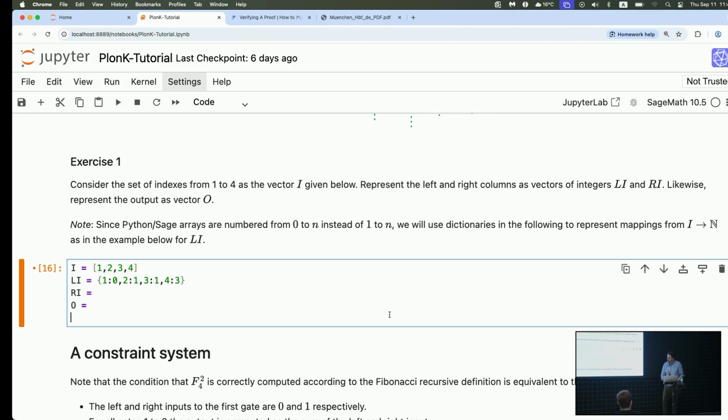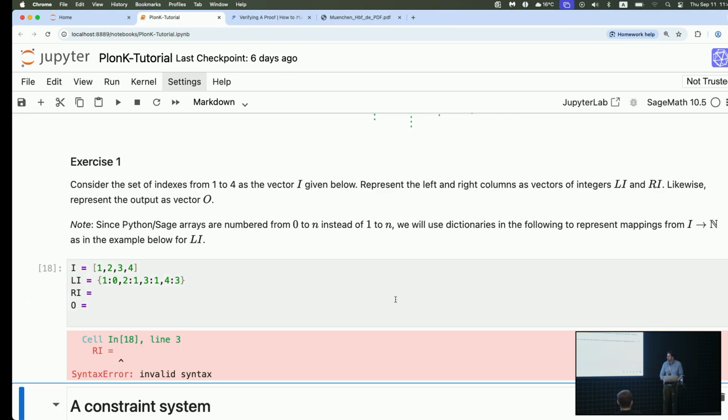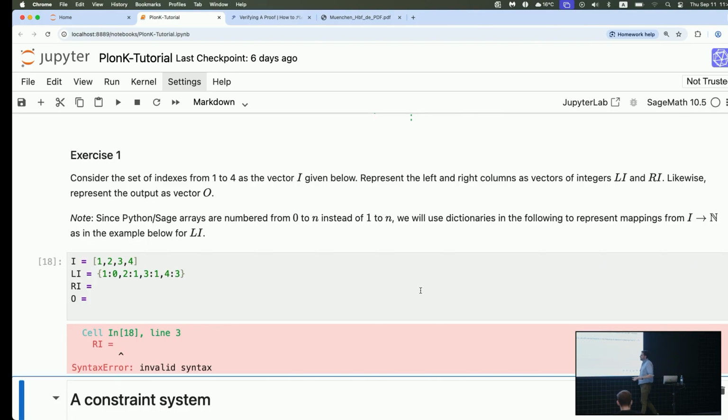So for instance, if I try to run this cell, of course, this is not valid Python because there's something missing, so yeah, invalid syntax. The idea is that we fill that